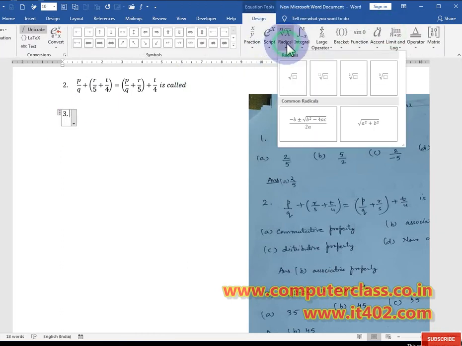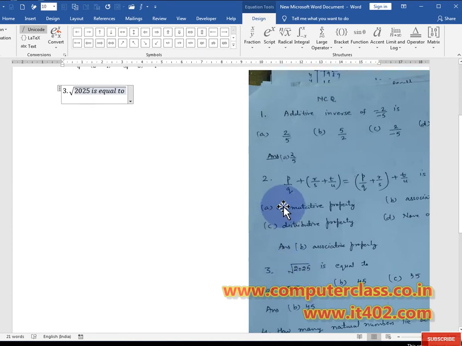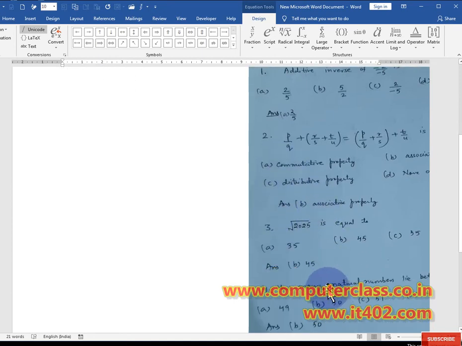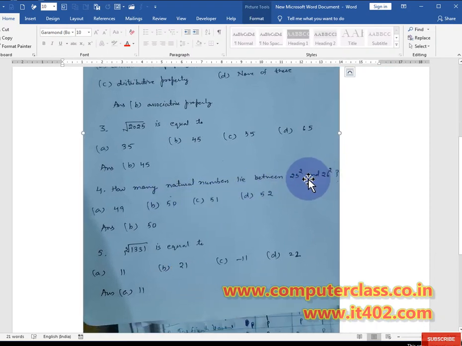I come to this option, click on this structure and write 2025 is equal to, and the options we can easily write in Google Sheet because they are in the form of numbers. Now here we can use these two options also.